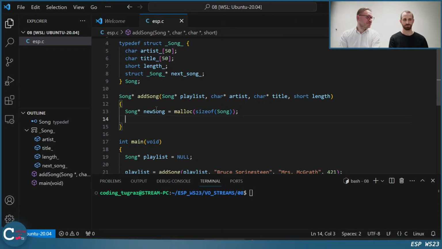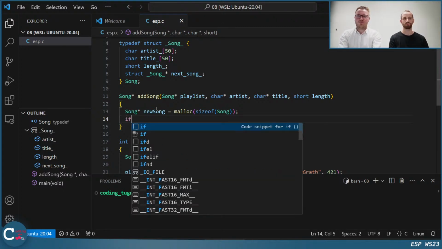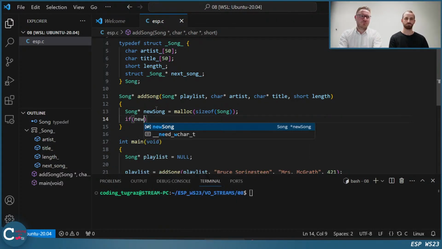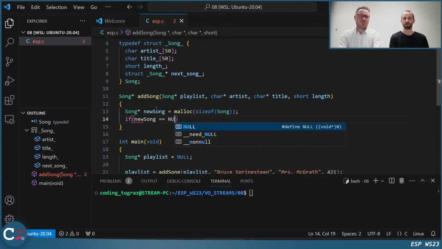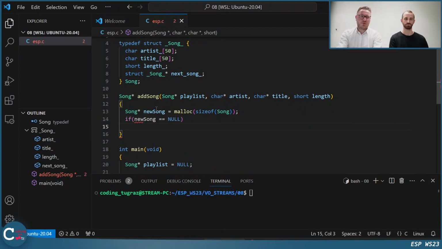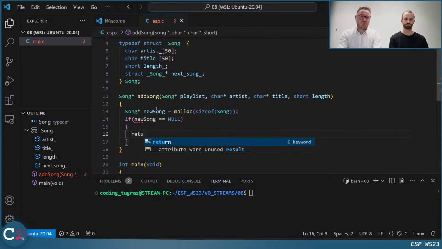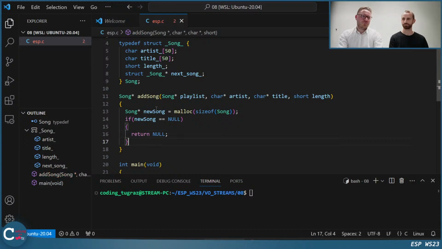By the way, I think it's good practice, and you should also do it in the assignment, to write a function which creates the struct. Doing everything together, creating the members, and doing all the checks, and then return the full working song in this case, so the full working element. Yeah.